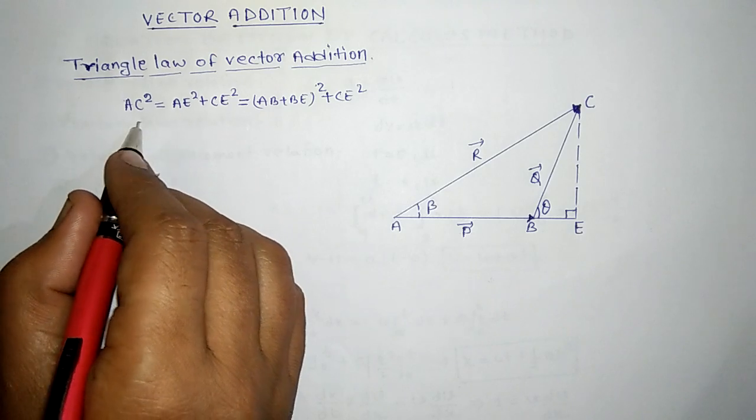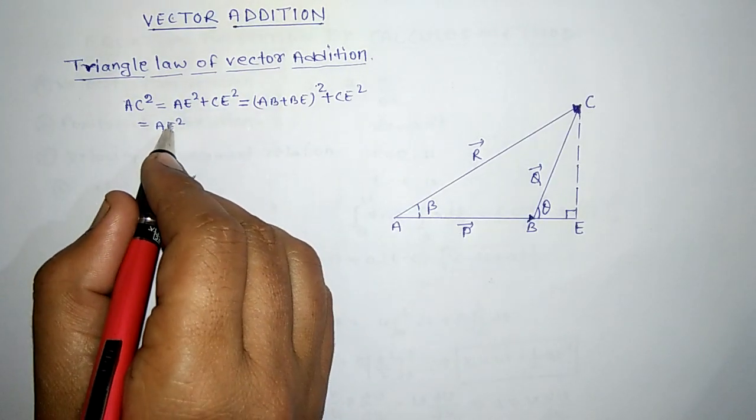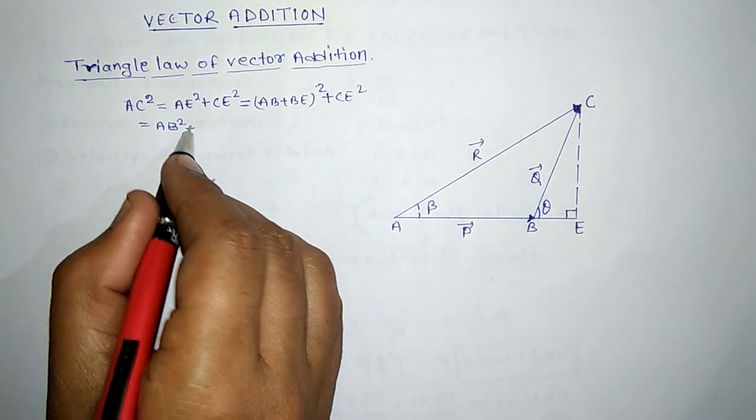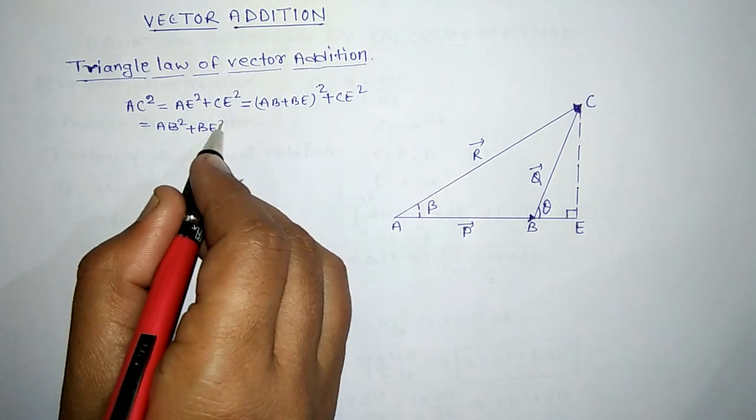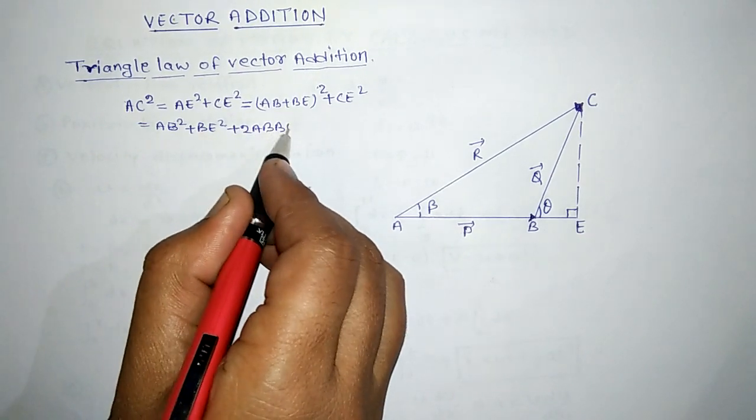On further solving we will get AB square plus BE square plus twice AB BE